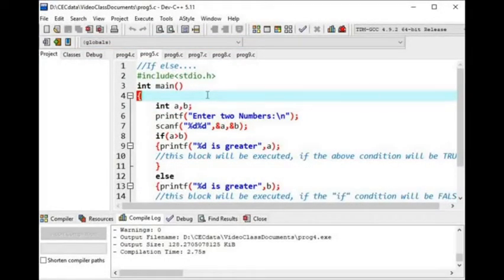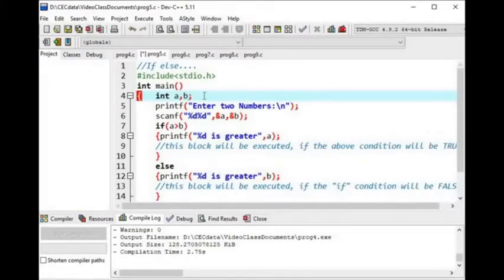This is a program of the if else. Here I am inserting two numbers with the scanf. I am taking the inputs of those two numbers, and I am checking whether A is greater than B. Whatever numbers are inserted, if the number in variable A is bigger than B, then this block will be executed, otherwise this